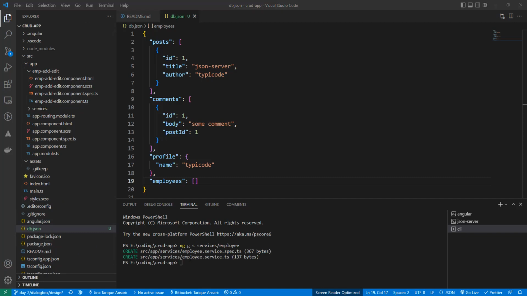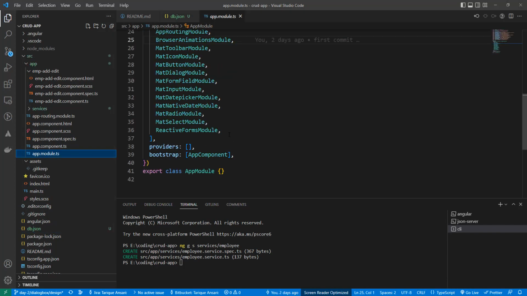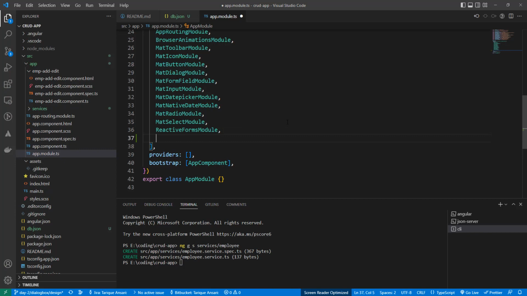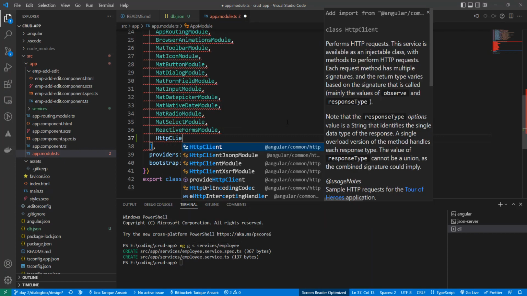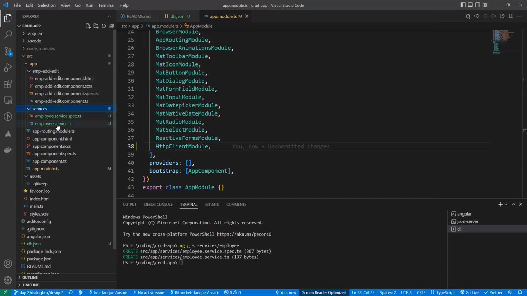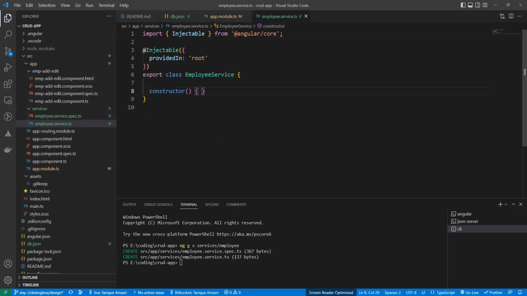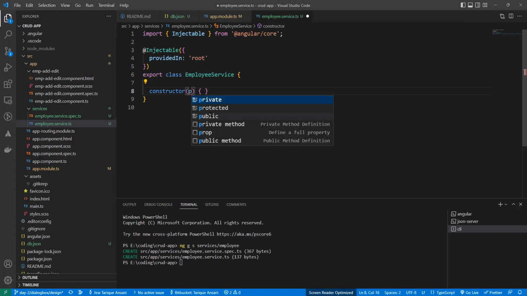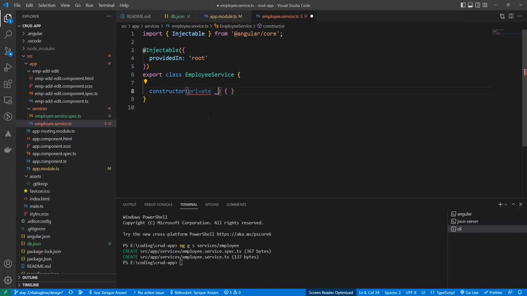So the service is created successfully. Now let's import one more module because we are going to use HTTP client. For that we need to import the HTTP client module first. Now let's go inside the service file. Here I'm going to inject one service, private underscore